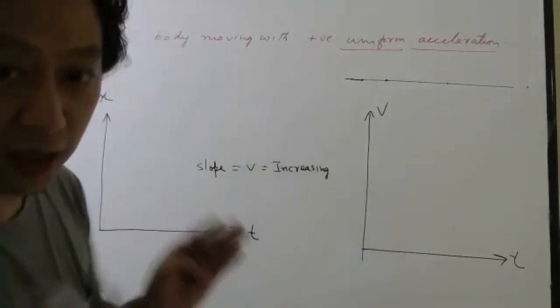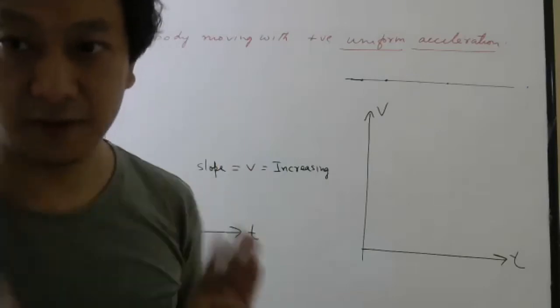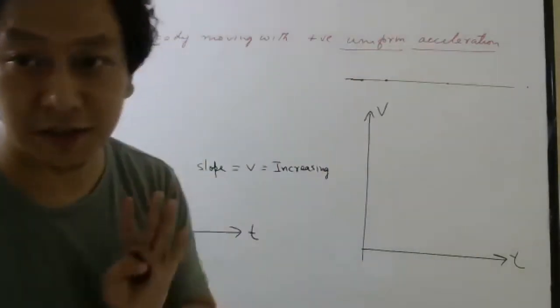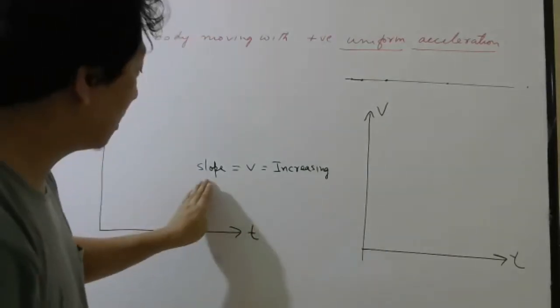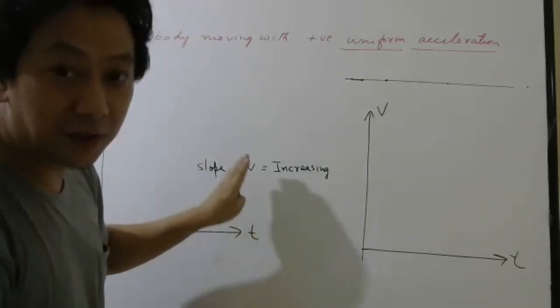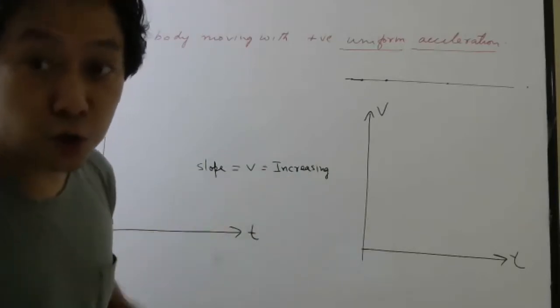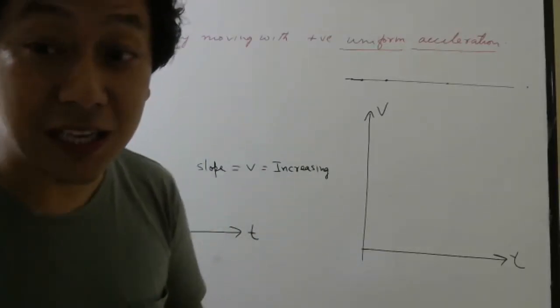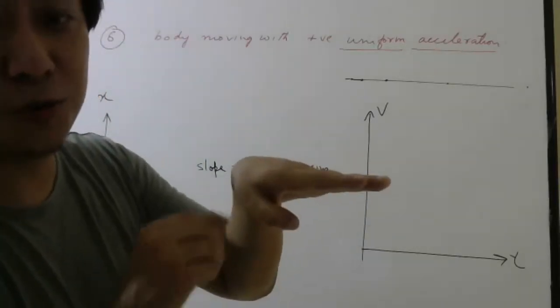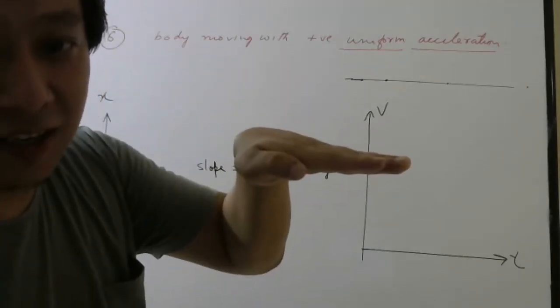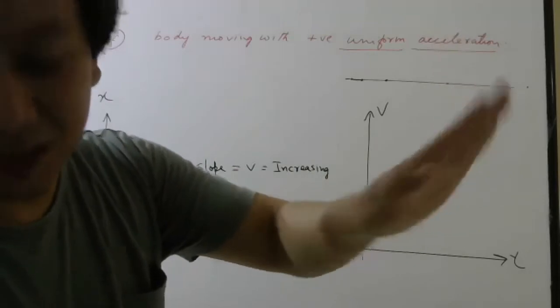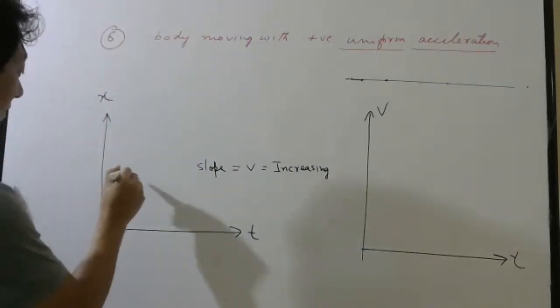So I should have a clear picture in my head. Once they state the situation, you have to think in terms of slope. Slope is velocity, and velocity is increasing, so slope should increase. How should you draw it? You cannot draw a straight line now. It should start from horizontal and become vertical. So the graph should look something like this.